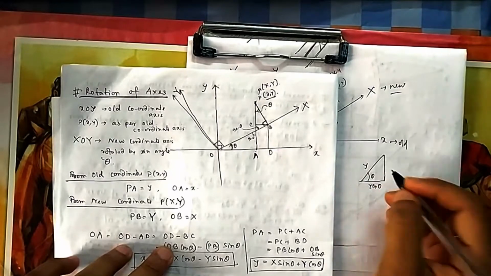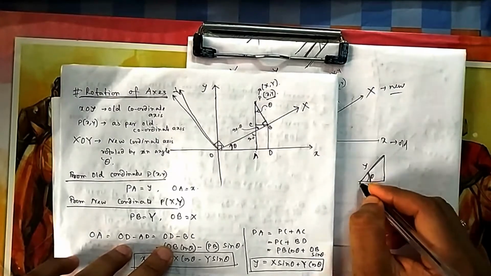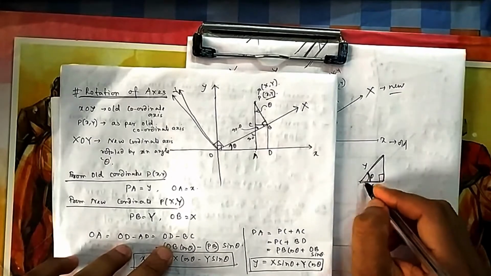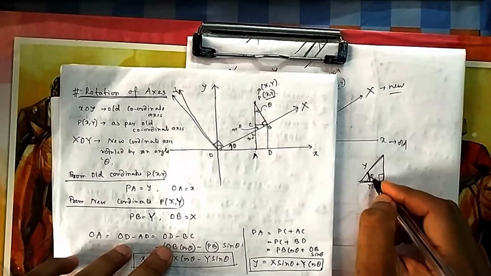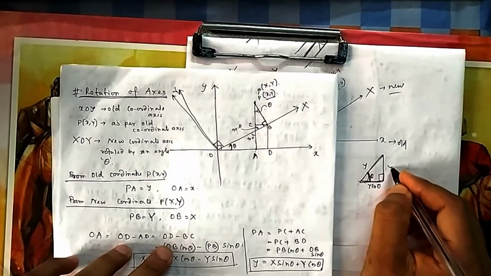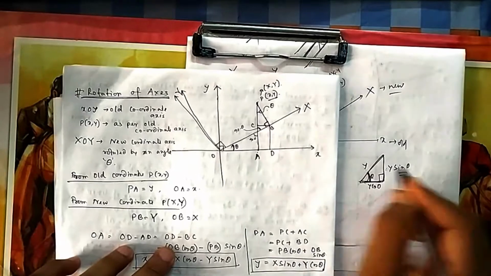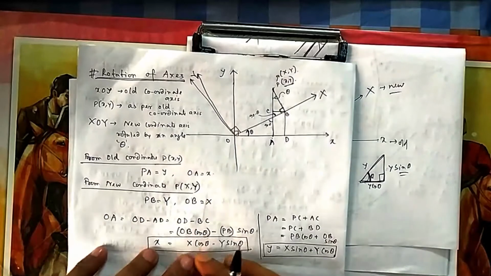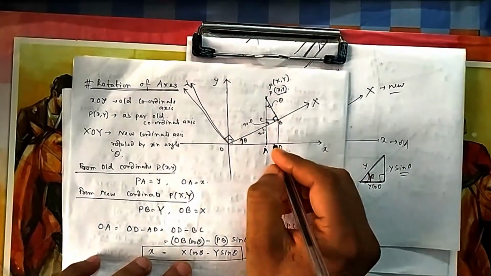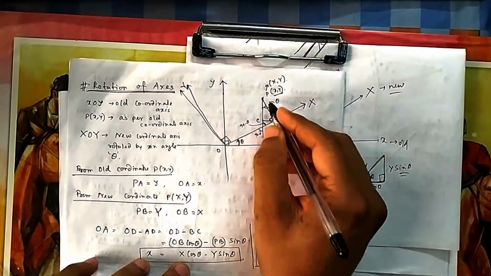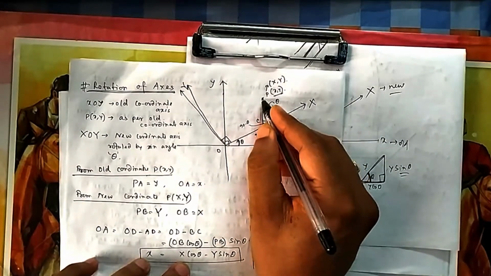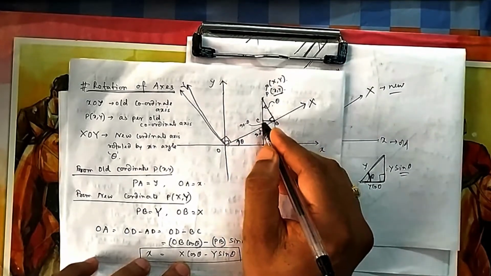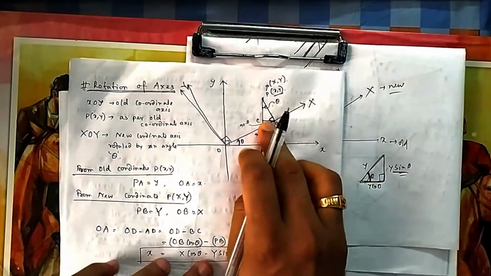You take the base by the hypotenuse, cos theta, then you will find. So you directly remember, every time you don't need to do trigonometry to check whether it is cos or sin. The near one, the base which is close to theta, that is cos, and the opposite one is sin. So it is y sin theta every time. Because this is x, it becomes x cos theta. So that is your OB cos theta, which is nothing but x cos theta. And this AD is nothing but this portion. What is this portion? This is y and this is theta. So this will be y cos theta and this will be y sin theta, because this is opposite, so it becomes sin. So this is my y sin theta.